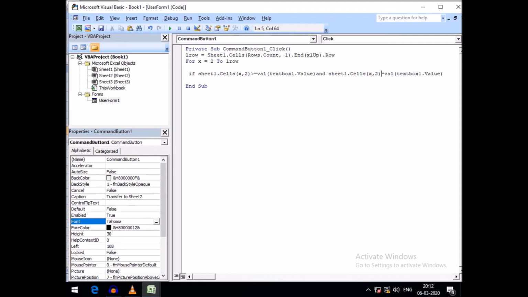This is less than or equal to, here text box 2, the ending number, the number which I will be entering in text box 2, it is less than or equal to. If this condition is fulfilled, then